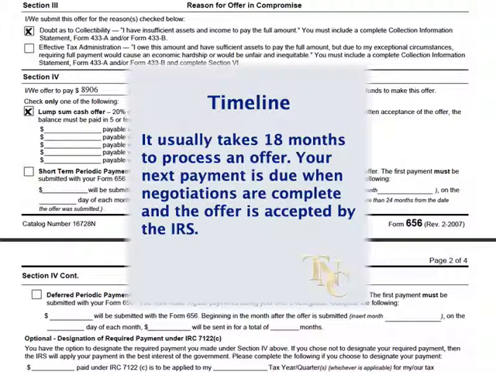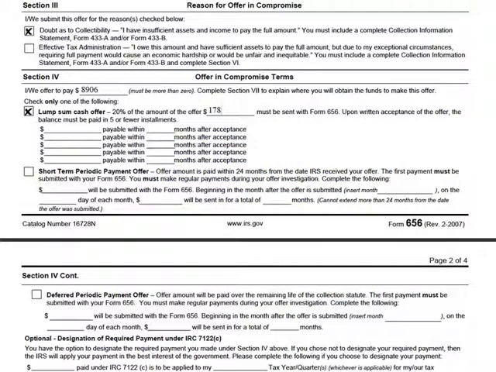So the maximum amount of time that I have is 5 months after the offer is accepted to come up with the balance of the borrowed money. Okay, so in summary then, we want to do the lump sum cash offer if we can possibly do that. If there's no way that we can borrow sufficient money to make this lump sum offer, then our next choice is the short-term periodic payment offer. It's not really a good choice because it's much more expensive. Yes, and it prolongs the completion of your offer.